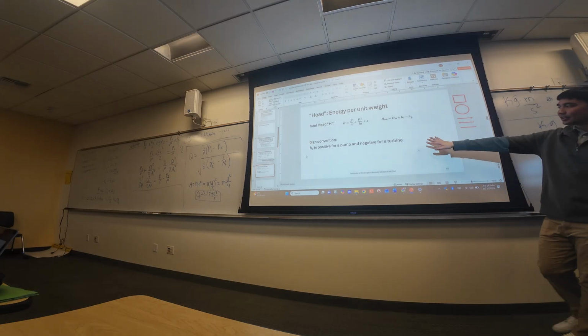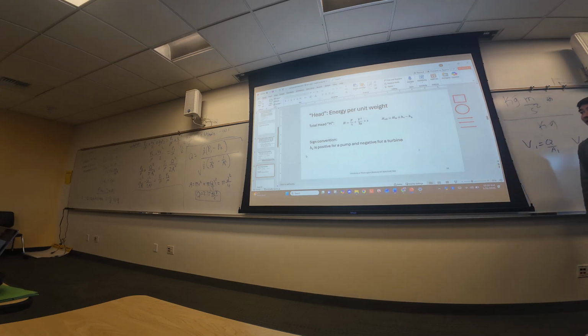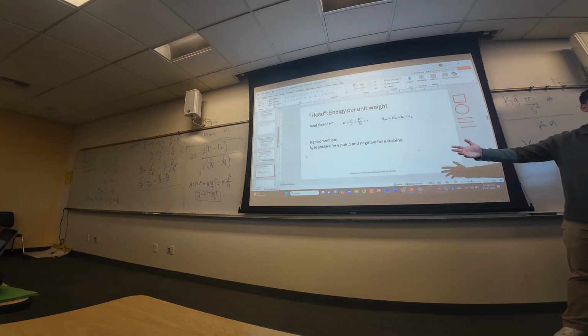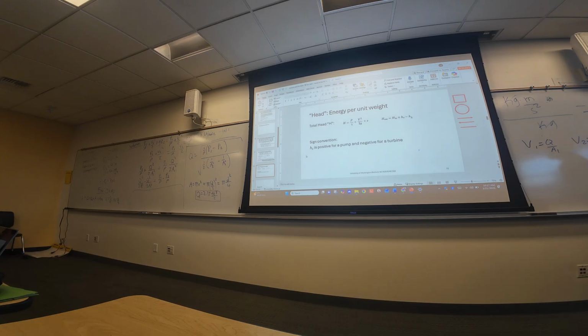And this is kind of a good thing to notice. You'll see in your homework the sign convention might change from what I derived earlier. HS is positive for a pump and negative for a turbine. Why? Because a pump is putting work into your system. A turbine, which I'll explain later, is using fluid to provide movement, so it's taking work out. And we're going to go over pumps and turbines in a second here.